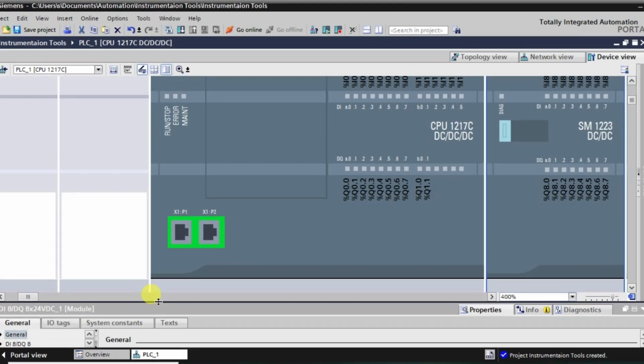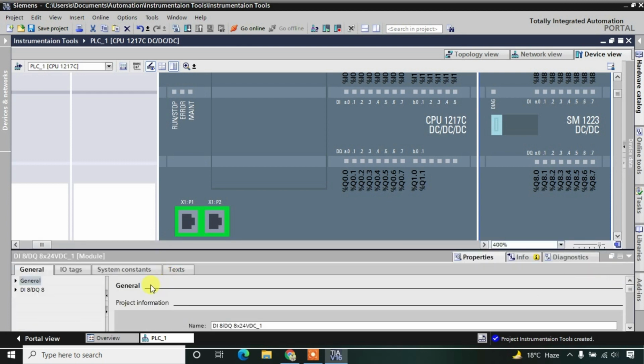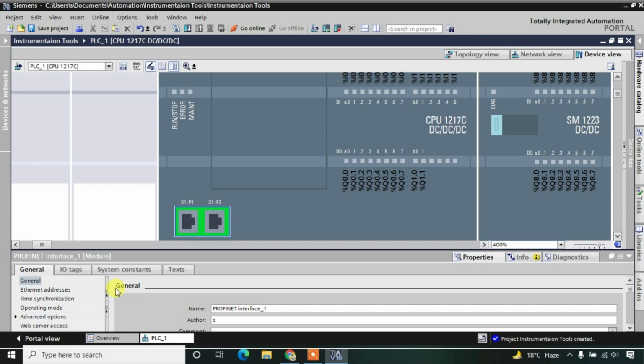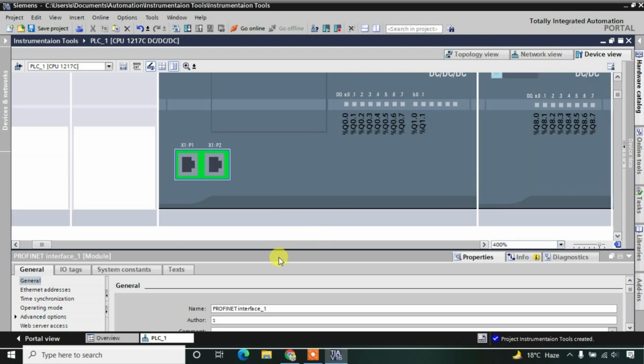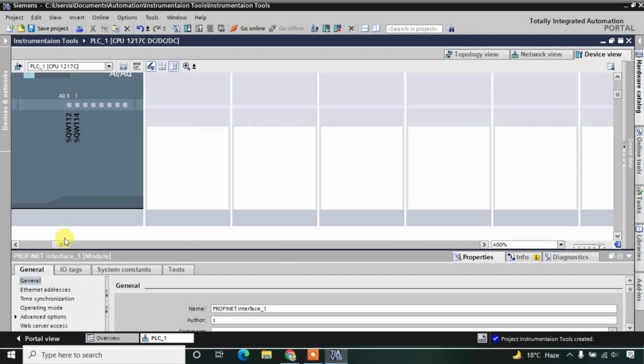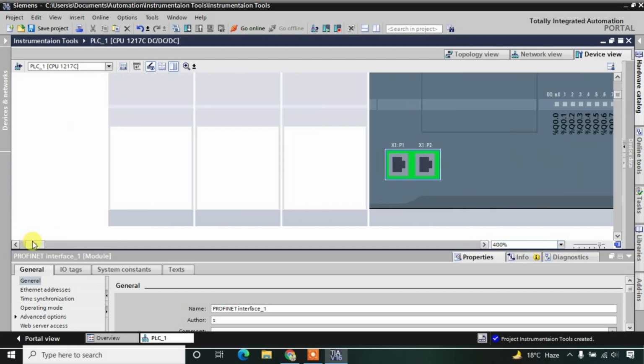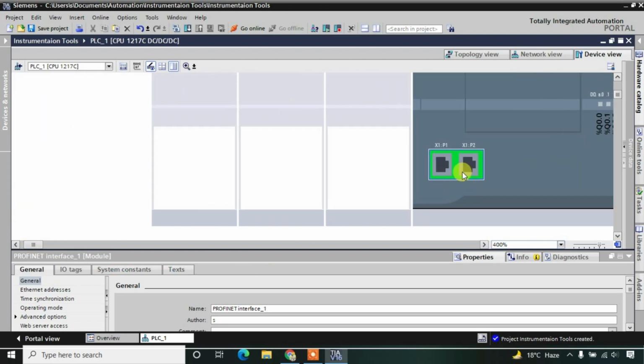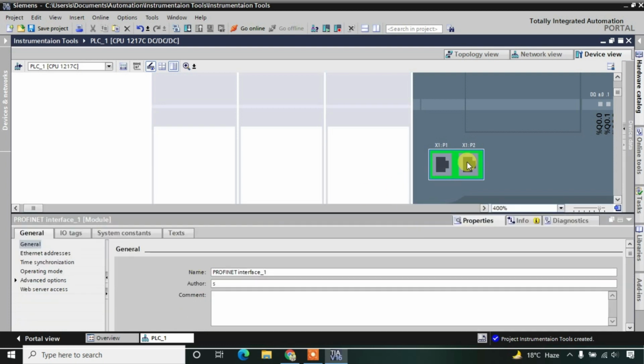If you click on this one, this is our port, right? If you click here, there are so many options available. This is our Profinet port, and it is showing it here.